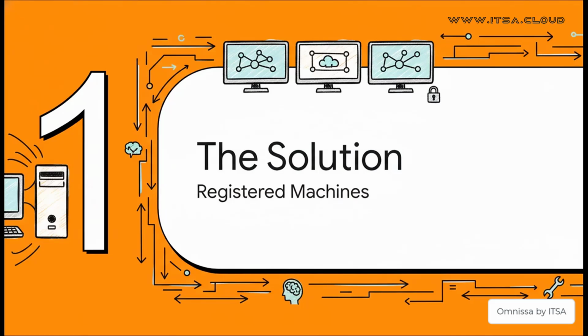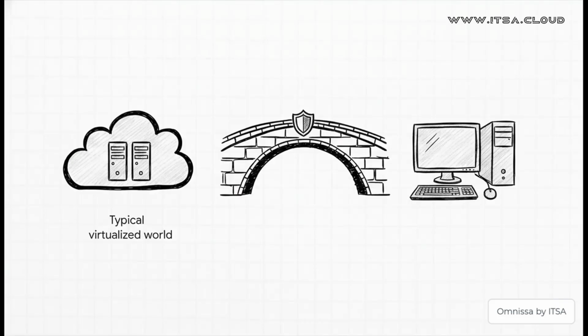This is the feature we're going to focus on because it's Horizon's built-in and, frankly, really elegant way of solving this exact challenge. And the answer is the registered machine. The best way to think of it is like a bridge. It's specifically designed to connect that virtual world that Horizon is so good at managing with the physical on-prem world. It lets Horizon act as the secure broker for that connection.